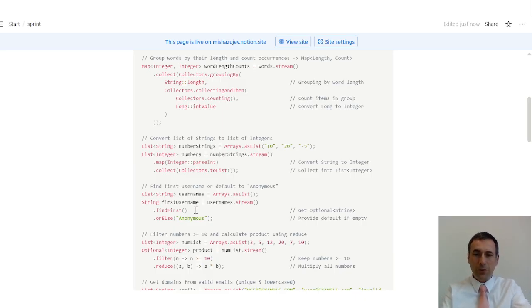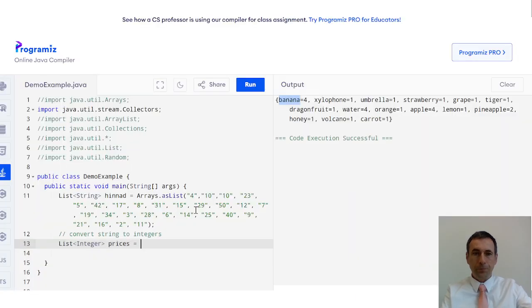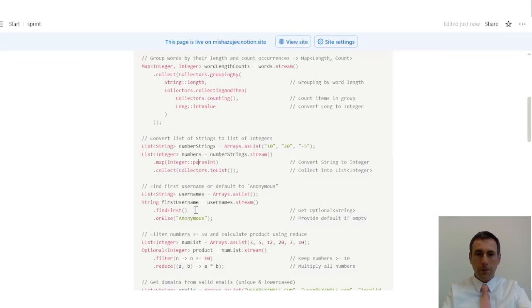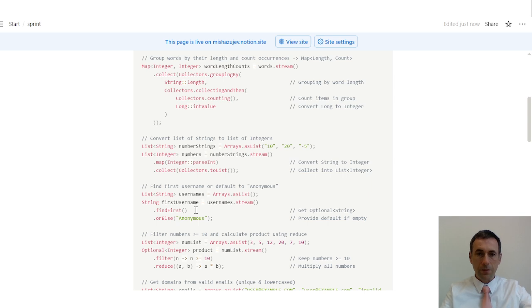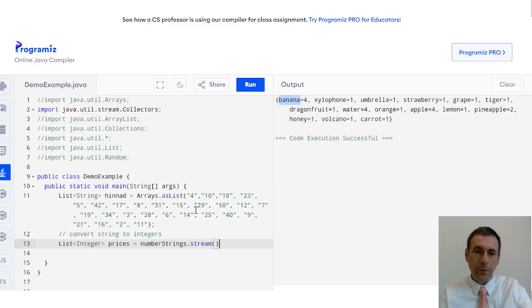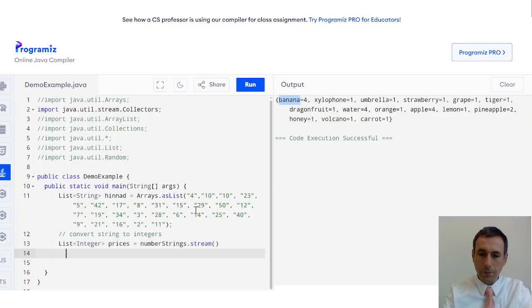So number strings. Number strings. And again, I tell that this is a string with empty brackets and no semicolon. And then again, mapping and collecting. So I need to tell that this is a map,